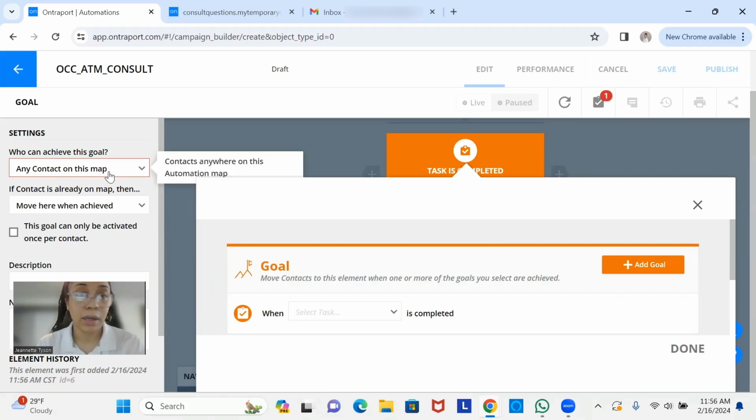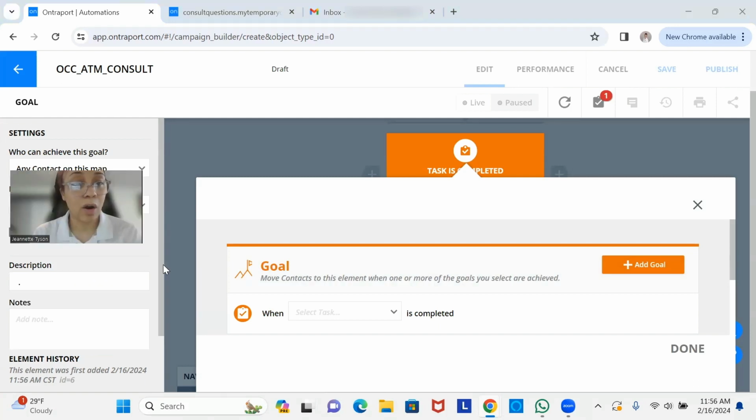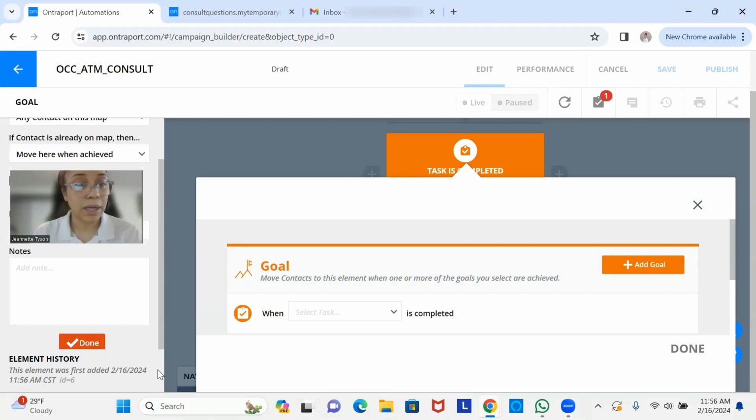On the left, the settings, who can achieve this goal, any contact on the map. That is correct because you can't get on the map unless you fill out the form, which is what we want. And then if the contact is already on the map and they achieve this goal, yes, we do want to move them here because that is the whole point of this. So I'm going to click, oh, I'm not going to click done. Let me,